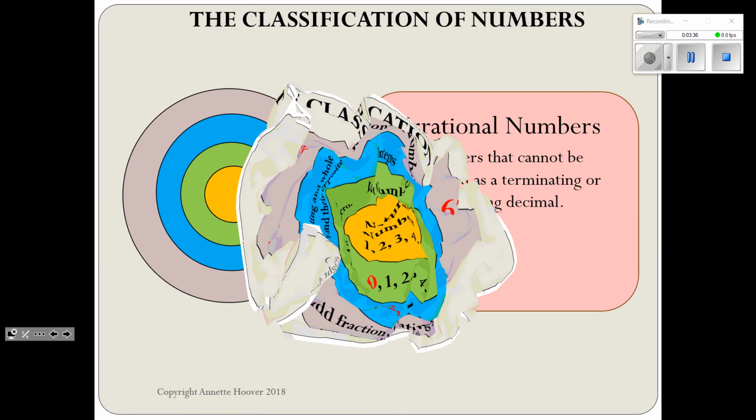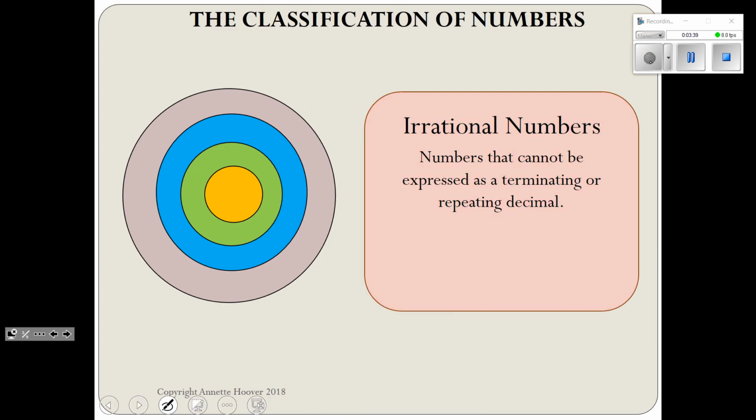Now, the group that we didn't really talk about a whole lot earlier in the year is the irrational numbers. If you see, I don't even have this in the concentric circles. It's over here all by itself because it's a group of numbers that does not have anything in common with everything else. These are numbers that cannot be expressed as terminating or repeating decimals. They are called irrational numbers. Irrational numbers are decimals that go on and on forever. Do not terminate, do not repeat. Such as pi. We have learned about pi, and that decimal goes on for infinity,